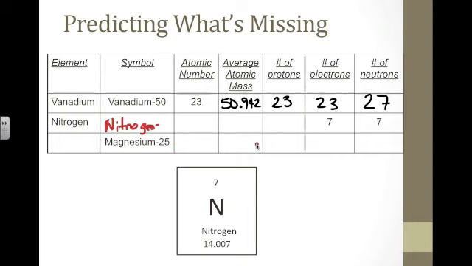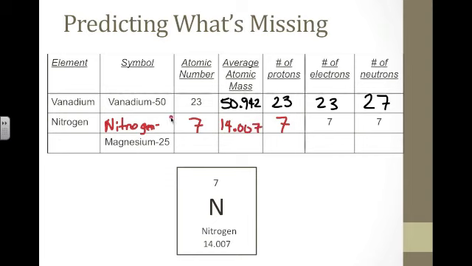We'll put our little dash, and we know that it has 7 electrons and 7 neutrons. So based on the electrons, I can actually figure out the protons by going backwards here, because electrons and protons should be the same. So I have 7 protons. Its atomic number would also be 7, because I have 7 protons, and also because it's at the top of the box. And then the average atomic mass is